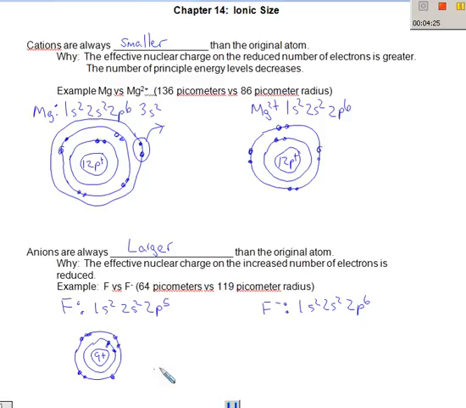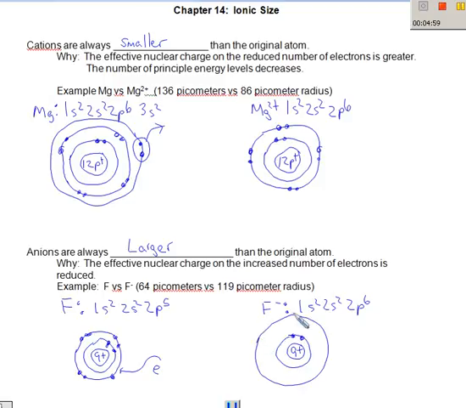We're going to have a new electron come in. Meow. There it goes. It's coming in. So let's look what happens. We still have 9 protons in the nucleus. So the first principal energy level is staying the same size. We've got 2 electrons in that first principal energy level, feeling the pull of 9 protons. Now, we have added another electron to this second principal energy level, which makes this second principal energy level expand